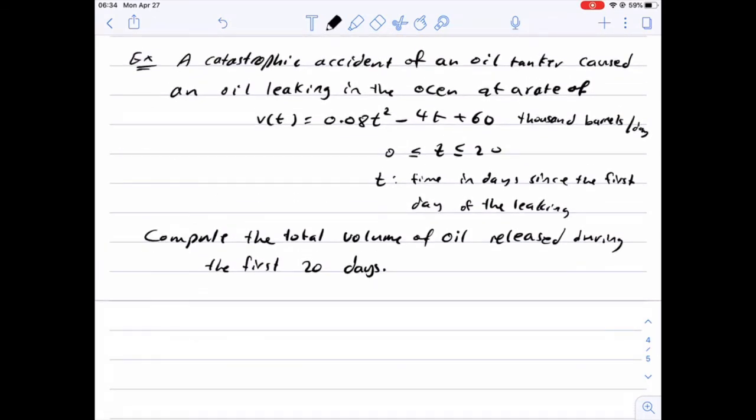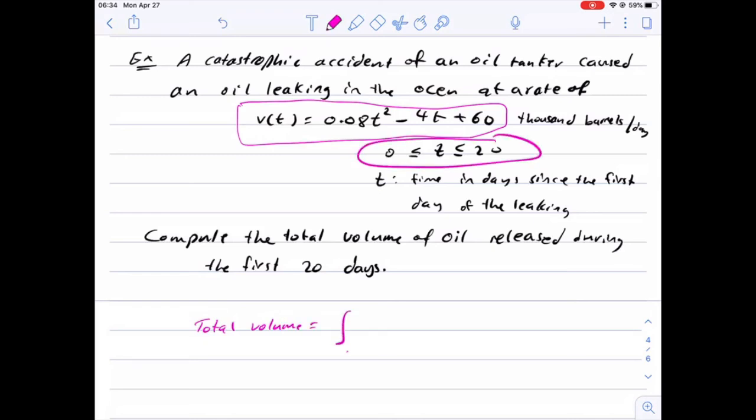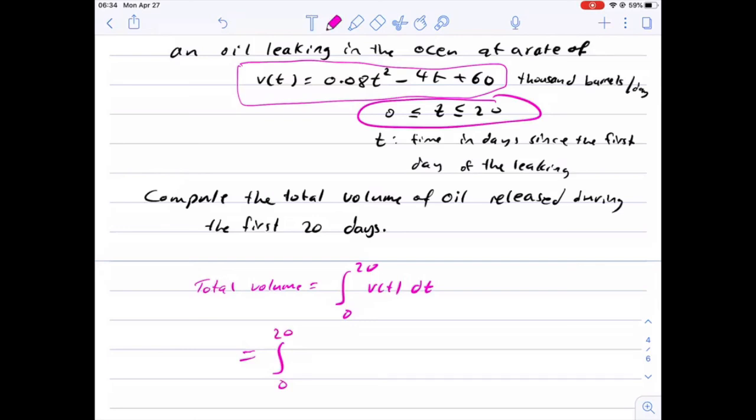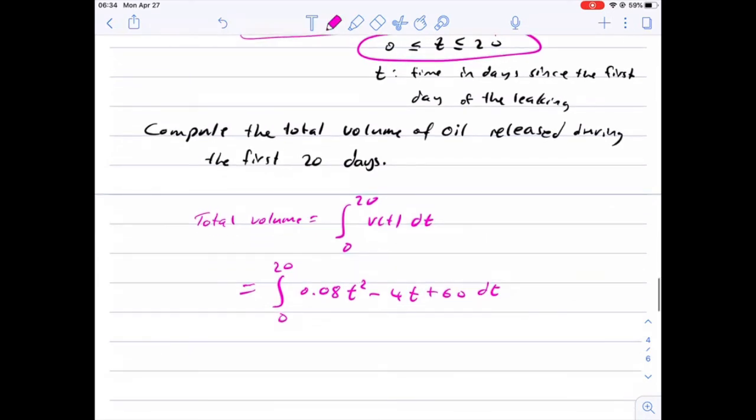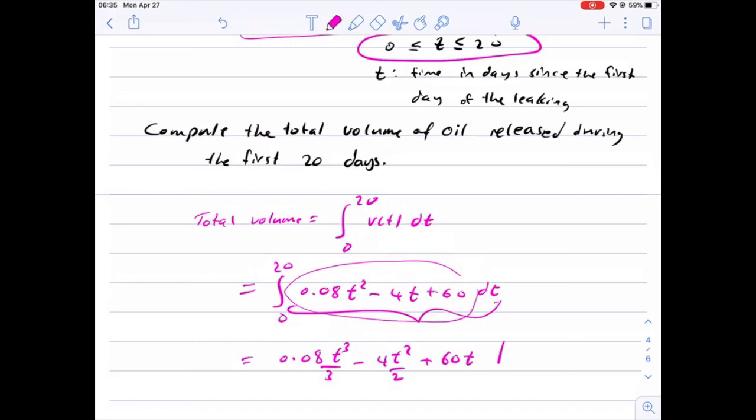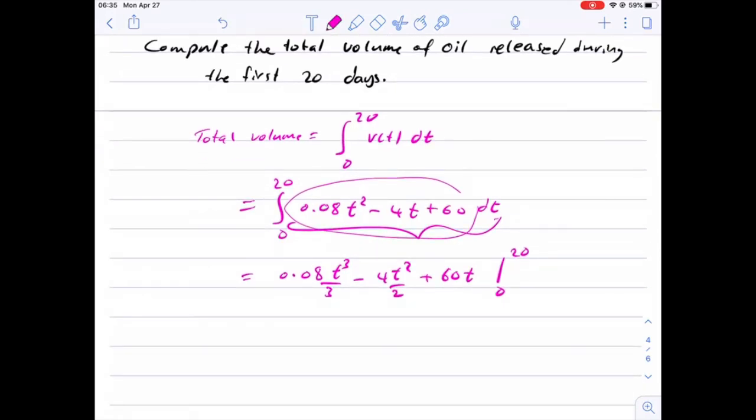So we have the total volume. We are given the rate of the leaking over time. So the total volume is the integral from 0 to 20 of the rate function. And then we find this integral from 0 to 20 of 0.08 t squared minus 4t plus 60 dt. Then we integrate. We have 0.08 t cubed over 3 minus 4t squared over 2 plus 60t. This is the integral of the integrand from 0 to 20, and then plugging in